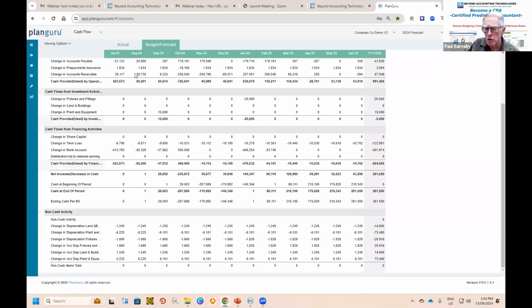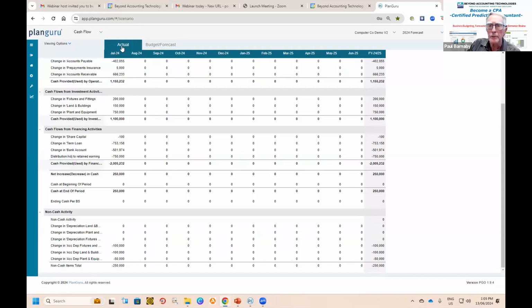There is so much to it, but that's the other reason I choose PlanGuru, Peter, is because you define what level of sophistication you have in your models on a client-by-client basis. It is not restricted. You can have as many assumptions, for example, as you like, not just those key ones that I'm showing. You obviously bring in actual data and you can have a look at that actual data and compare it to budget and forecast.